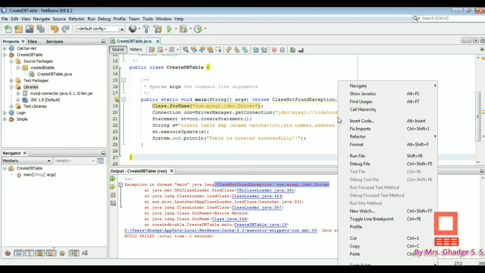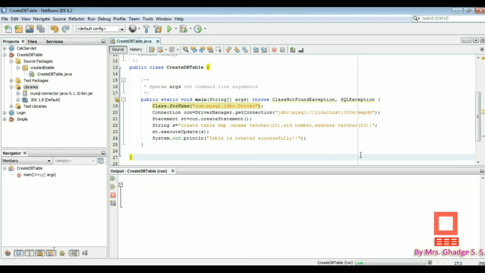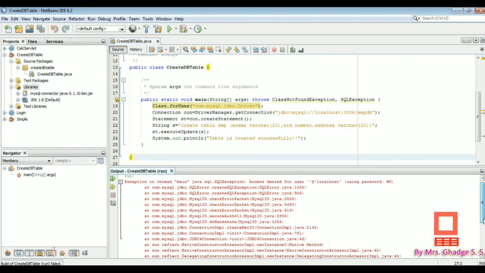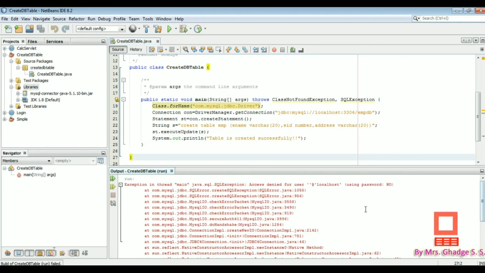Now just right click here and run file. One more error is: exception in thread main, access denied for user localhost. So we have to add username and password here.